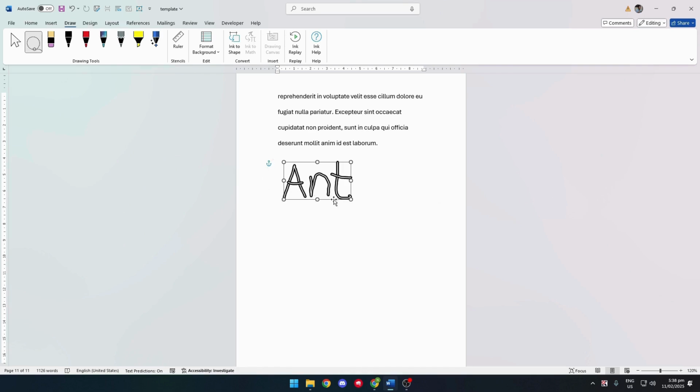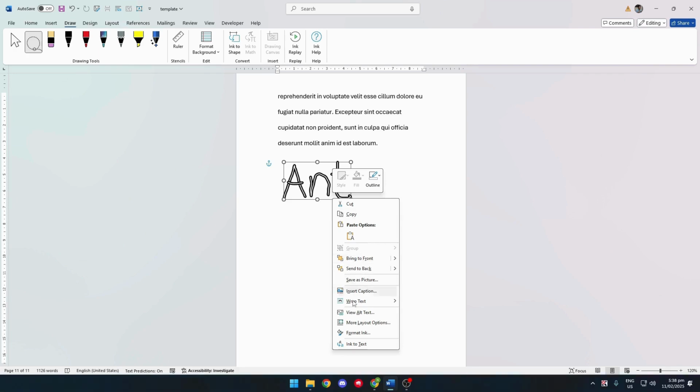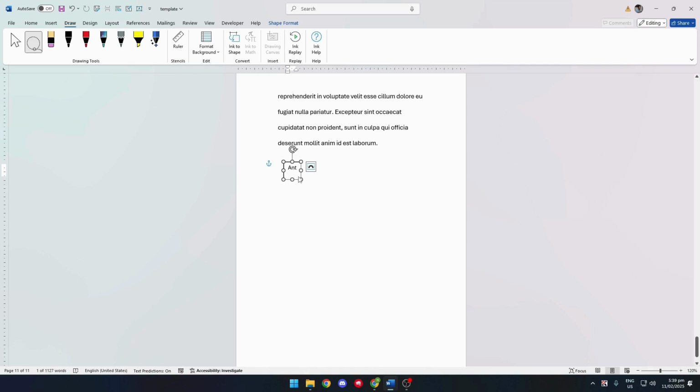And as you can see, that has now been selected. Simply right-click on that selection, and you'll see the option to convert your ink into text. So just go ahead and click that, and that should automatically convert your ink drawing into a text in your